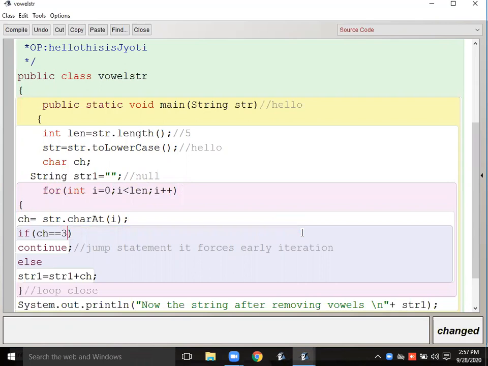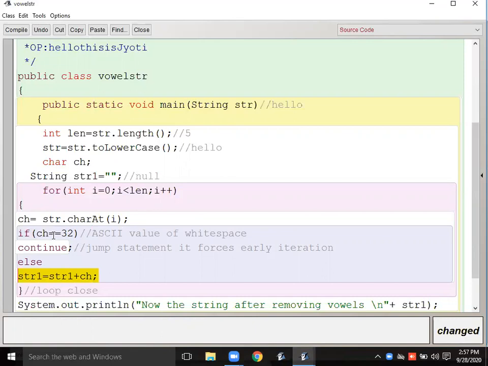So here 32. 32 is the ASCII value of white space. 32 is the only ASCII value of white space. So we can check ch equal 32. If it is space, then continue, meaning don't do anything. Otherwise, concatenate.